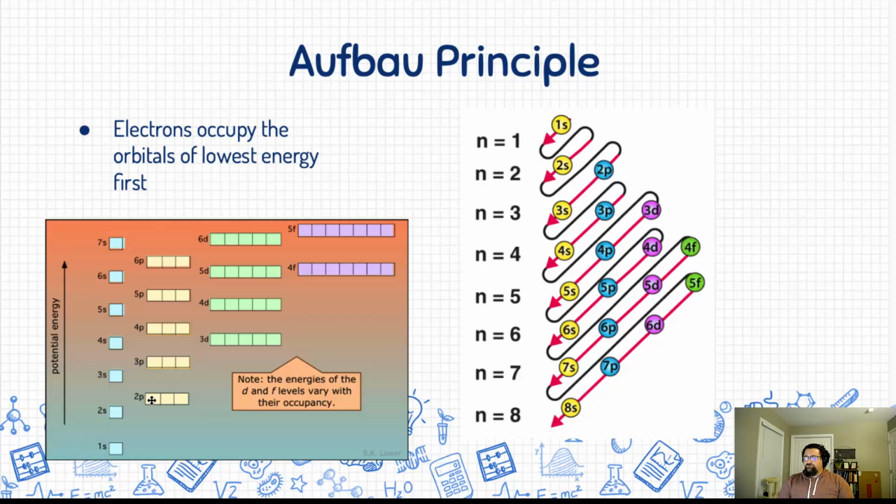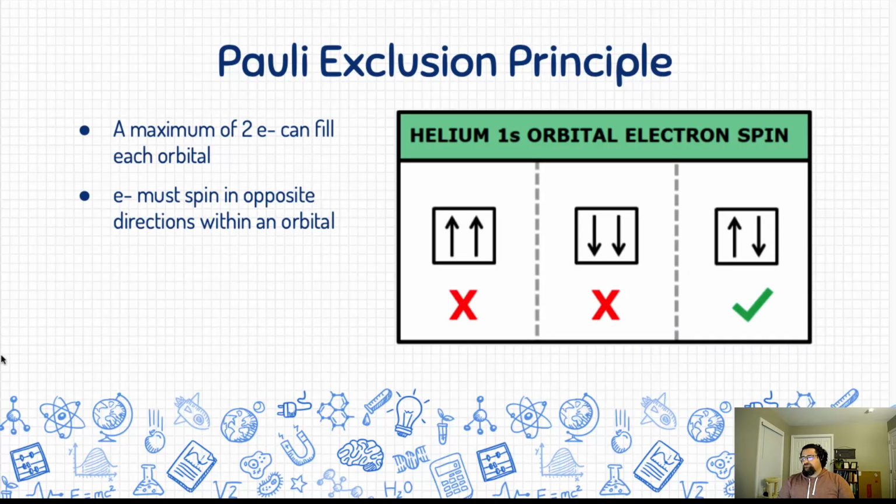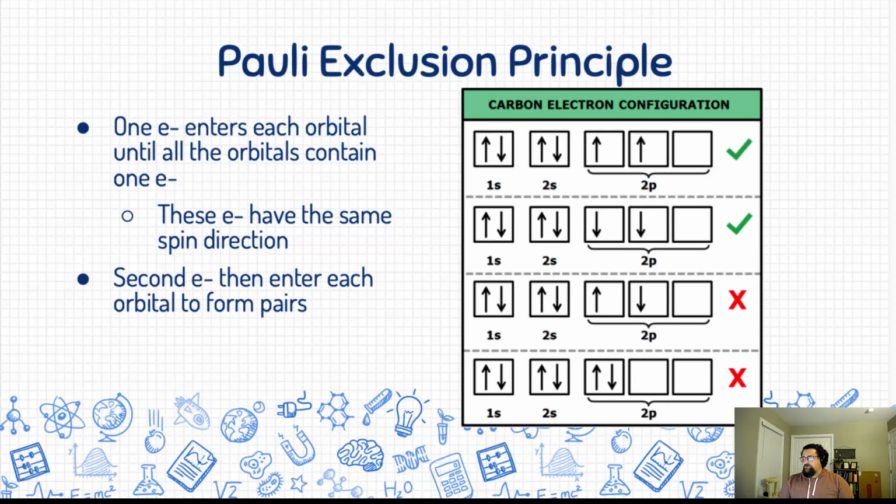But once you go to the 2p, it can hold 2, 4, 6 electrons. And the 3d, 2, 4, 6, 8, 10. And so we have 10 electrons. All right. So the Pauli exclusion principle simply states that they have to be spinning in opposite directions and 2 per. All right. Well, how you do this is, though, that 1 electron will enter